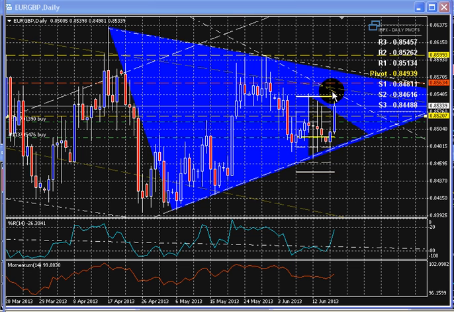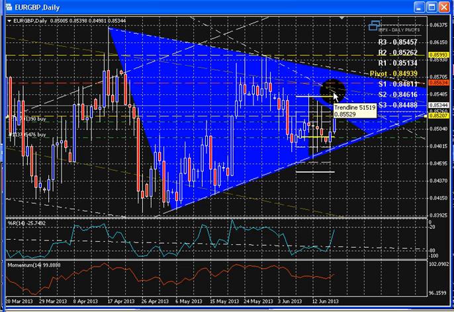And looking at the trend line resistance here at 0.8552 would be the confirmation breaking higher